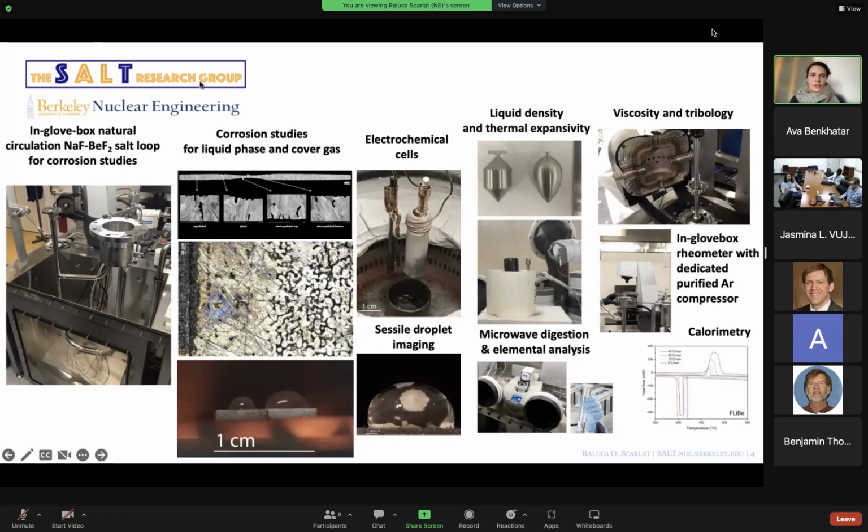And there are really 3 steps to doing elemental analysis of a salt sample. Step 1 is sampling the salt, which is a challenge in and of itself in terms of making sure that the salt sample is representative of the system that it came from. For example, if you're going to use a cold rod technique for sampling, so you sort of like candle dipping into the salt, that seems easy enough. But it's not clear that what precipitates on your cold rod is representative of the rest of the melt, because